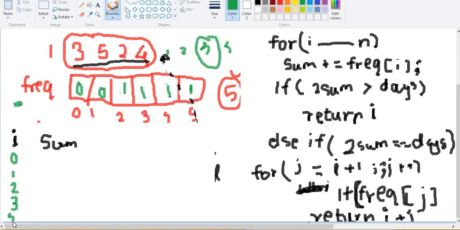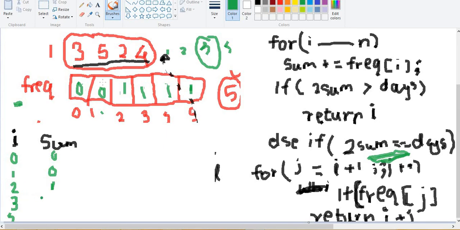So what would be our general ith iteration would be 1, 2, 3, 4. Okay. So for i equal to 0, sum would be 0, and we check our condition if twice the sum exceeds the number of days, or is equal to the number of days. I think the code is messy here, so I'll write the code in the IDE, and that will clear any doubt. So sum would be 0. Again for i equal to 1, sum would again be 0. For i equal to 2, sum would become 1, and we'll check if twice the sum becomes greater than days or is equal to days. Both conditions fail, so we can return 0 or minus 1 in the main condition.